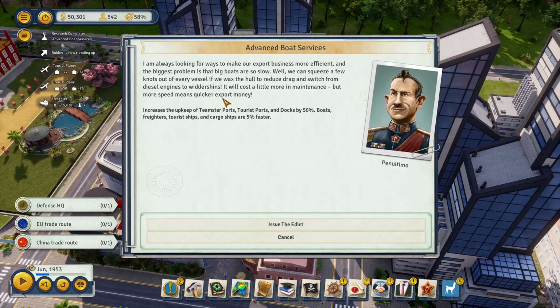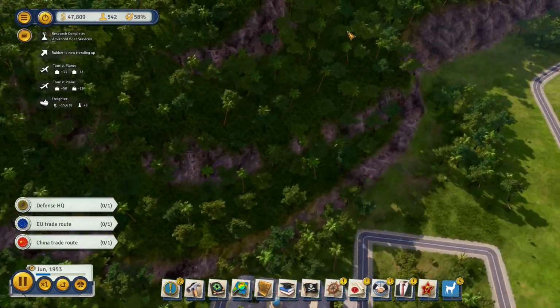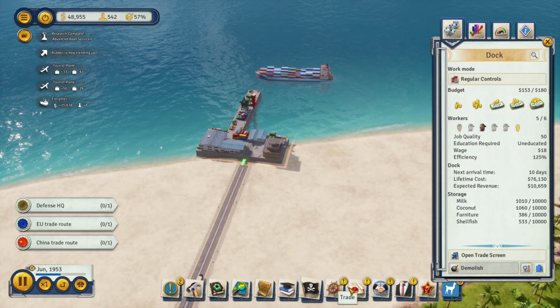But what is funny is that this edict will get you more money from your imports, right? Because the ships are showing up more often, that means more imports are showing up more often. So we're going to get that, and once it levels up, we'll be in a pretty good spot. And now what's really nice is we are